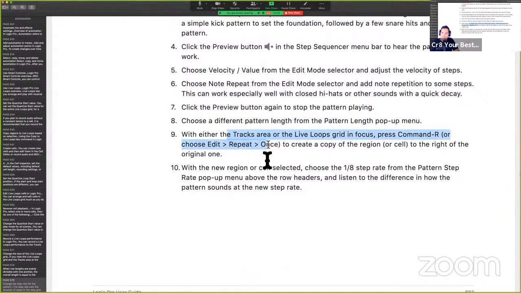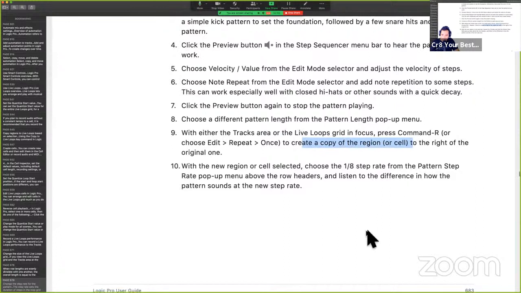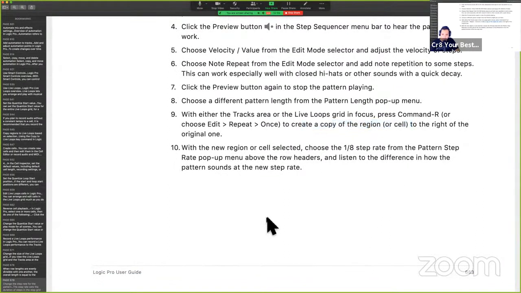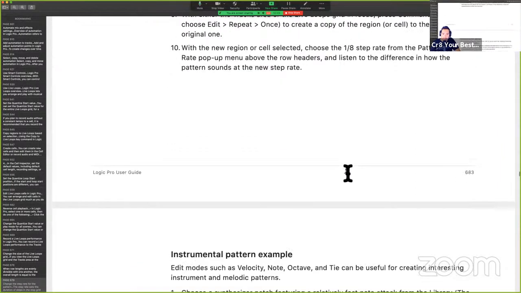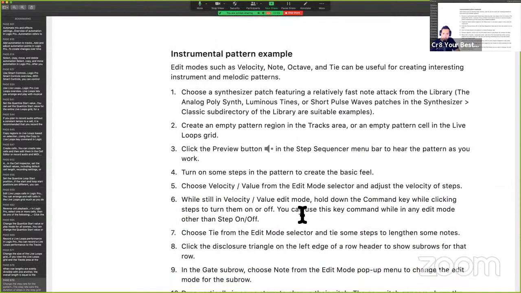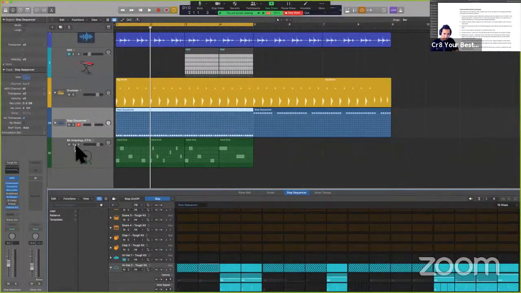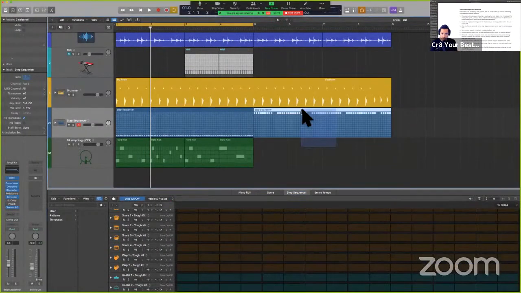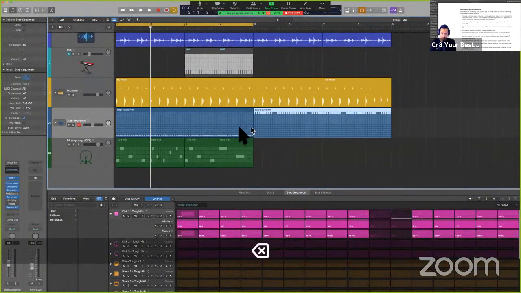And then if you want to, with either the tracks or the live loops in focus, you want to press Command R or Command D in my case to copy the regions and create variations if you would like. With a new region or cell edit, choose 8th step rate, so you would be playing this in halftime. So that's a simple little exercise that they're going through. They're basically saying, create a drum sequence. Like in the case of what I have here,